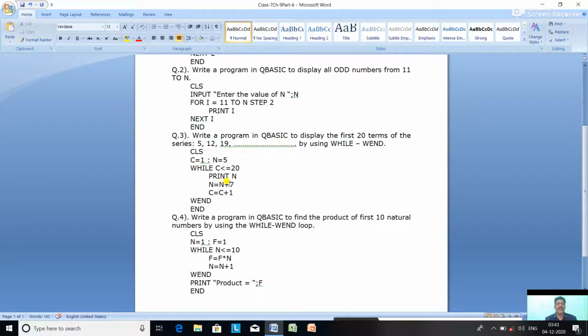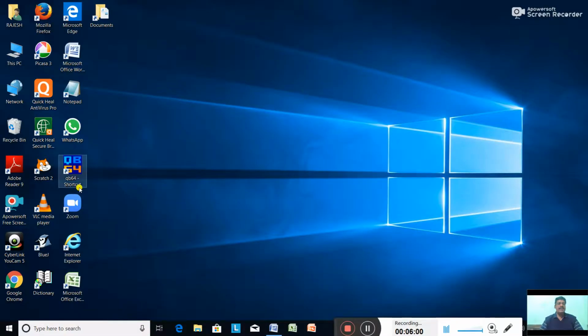Now N equal to N plus 7. What is the present value of N? 12. 12 plus 7, 19. C equal to C plus 1, 2 plus 1, 3. It will go up. 3 less than equal to 20, yes, so print N, which means 19. So like this, it will print all the terms of this series. How many terms? The first 20 terms.